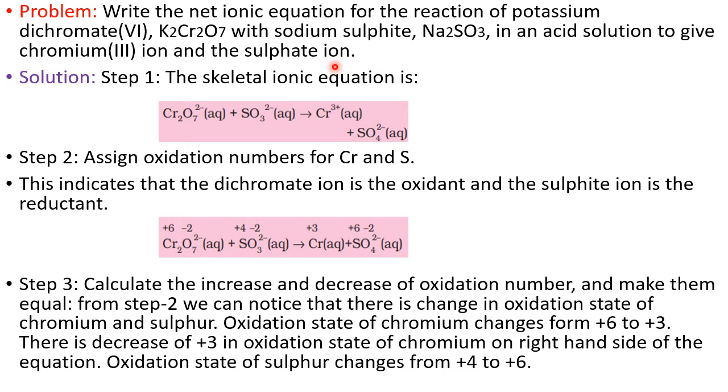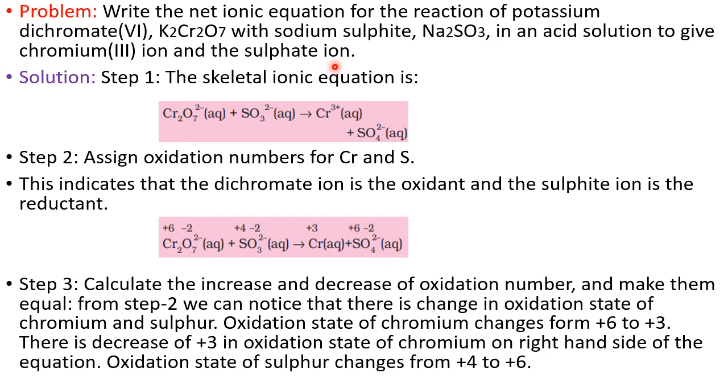So after separating the main equation into the oxidation half and the reduction half, and after equalizing the number of electrons lost and gained, then add those half reactions. After adding the two half reactions, we get the main balanced redox reaction. So this is the step. This is only the theory part. Once the example starts, all these steps become very easy. So let us start example number 1, the reaction between dichromate and sodium sulfite.